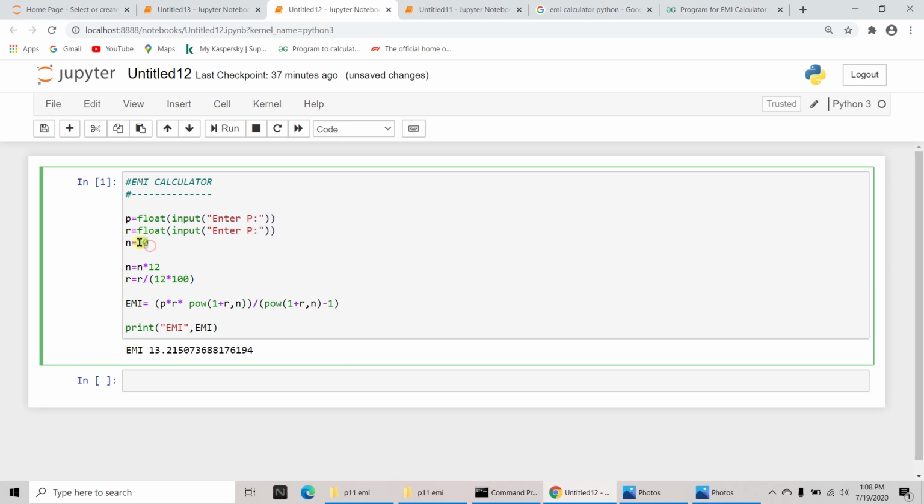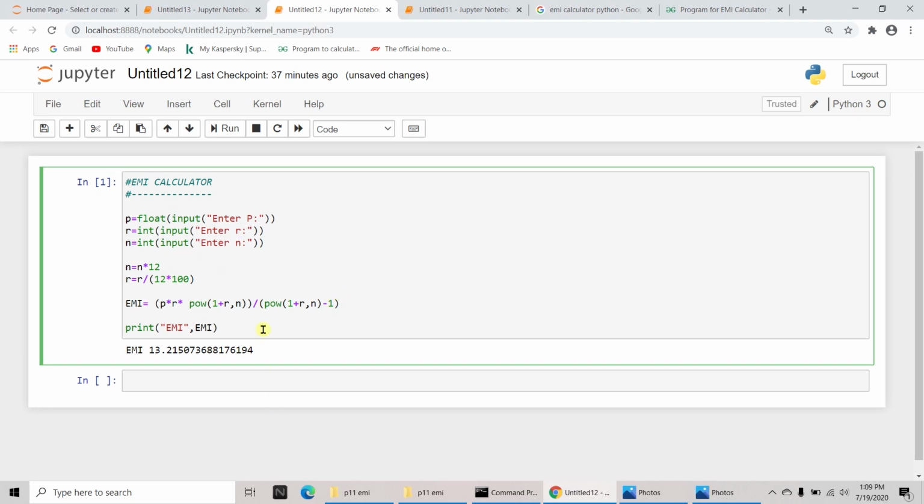This is int, not float, we will give this as int, and this is enter R. Then this will again be int, so this will be input N.